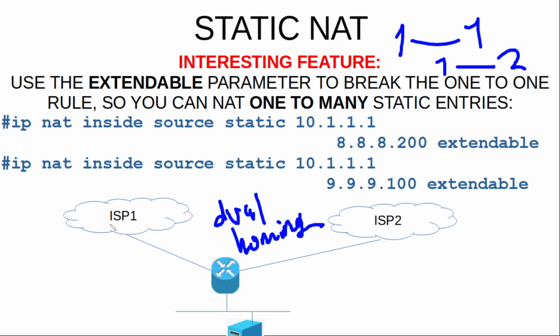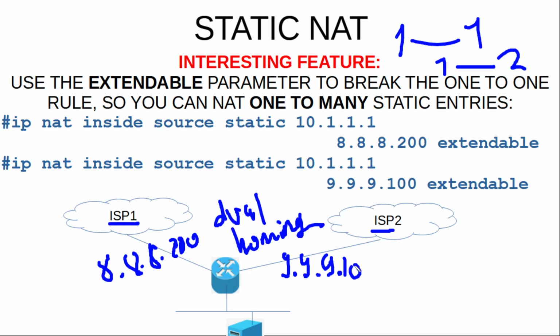So you have two ISPs, and this ISP number one provides you with the IP address 8.8.8.200, and this other ISP provides you with the IP address 9.9.9.200. These are both public IP addresses, and you have one server here that has the IP address